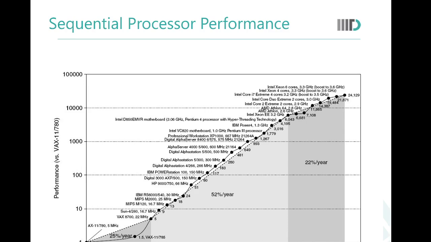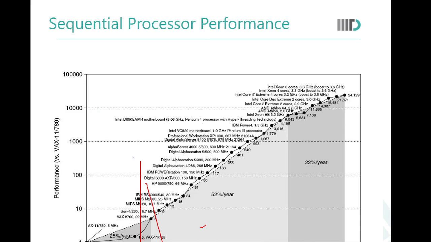This is a logarithmic plot. So, on the y axis, you see that the performance is normalized with a very early computer